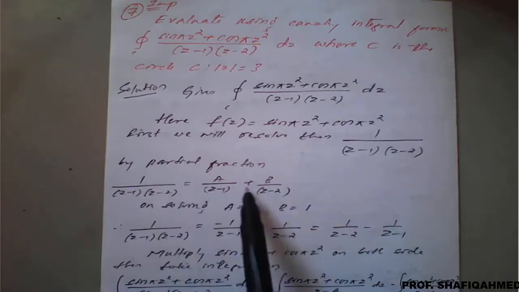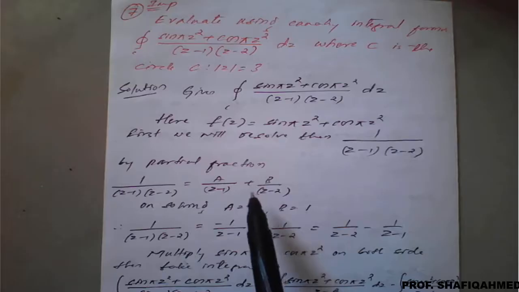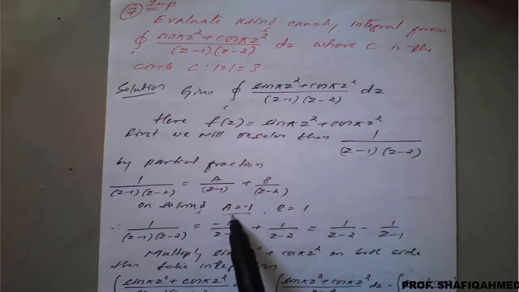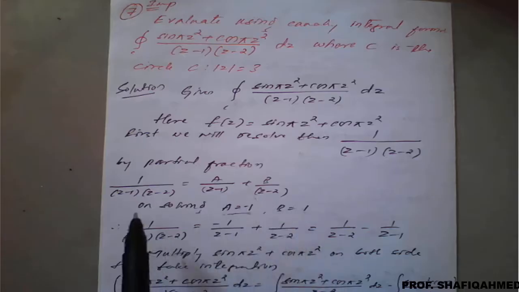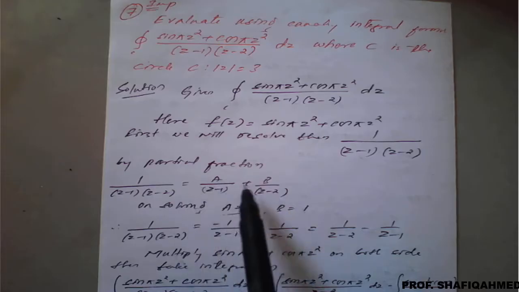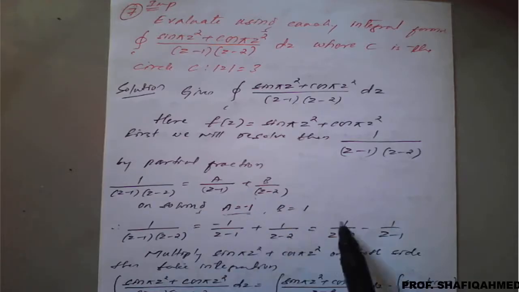On solving, simplifying this, you know this regular basic concept. On simplification, if you put z = 1, you will get the value of b as 1, and if you put z = 2, you will get the value of a as −1. So I will not go into detail again. Apply these a and b values in the partial fraction: a is −1 upon (z − 1) and b is 1 upon (z − 2). Rearranging, first take the positive term, 1 upon (z − 2), and minus 1 upon (z − 1),